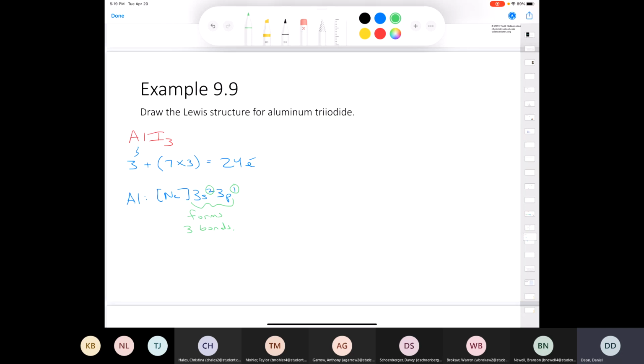Aluminum is the least electronegative element between aluminum and iodine. So we have aluminum with 1, 2, 3 bonds to it like this. Remember a little trick that I told you last class: whenever you have a halogen like fluorine, chlorine, bromine, and iodine, fluorine only ever forms 1 bond and has 3 lone pairs. But the other halogens like iodine, a lot of the time, not all of the time, will form 1 bond and have 3 lone pairs. So let's try that. If we put iodines at the end of each one of these bonds and then fill up their octets